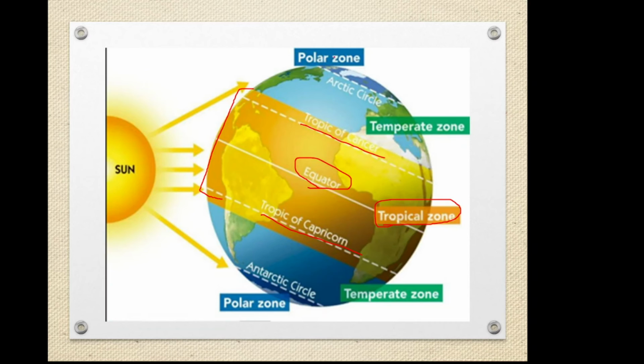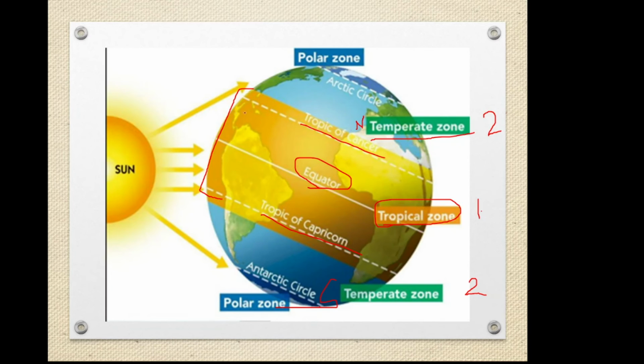Okay, then the next region we studied is temperate zone. First one we studied was torrid or tropical zone, then the next one is temperate zone. Two temperate zones are there, north temperate zone and south temperate zone. Then why is this region getting less temperature? The sun's rays have to travel a longer distance than in this region. So here you can see the mild or comfortable temperature.